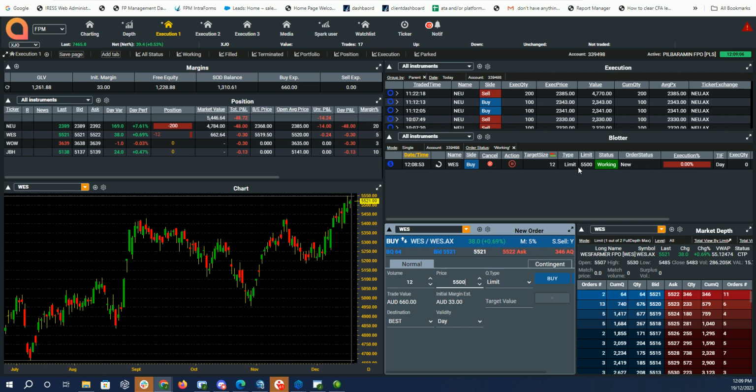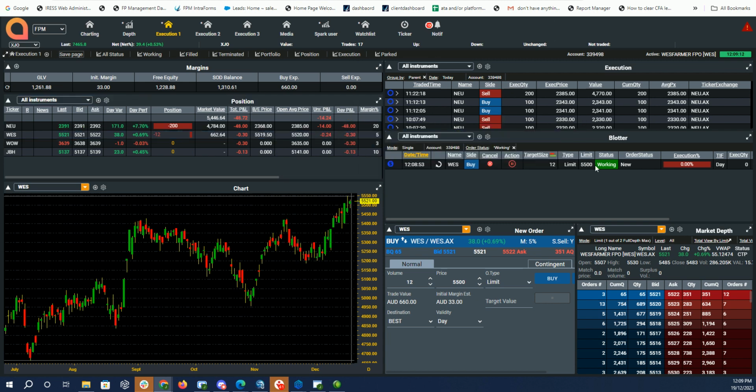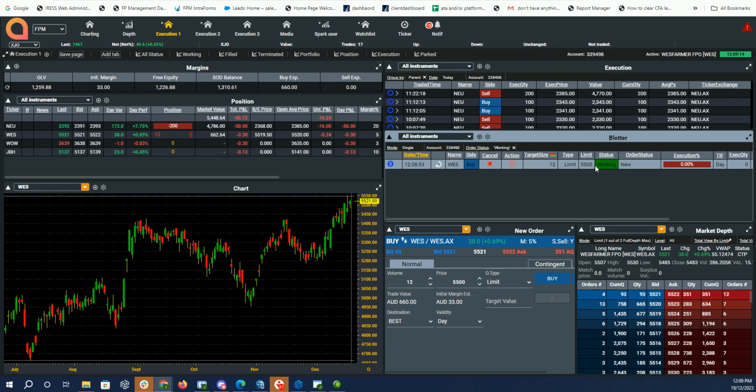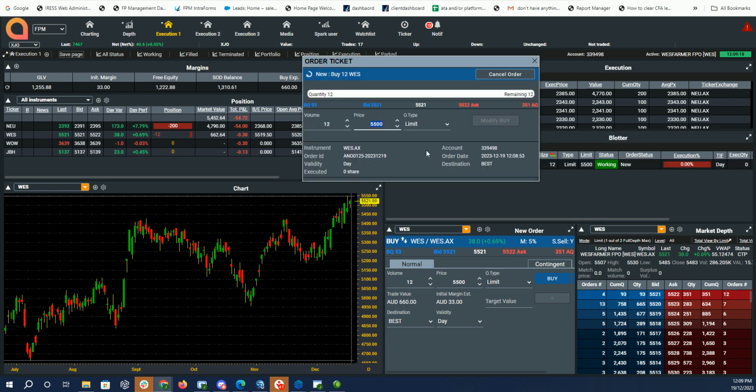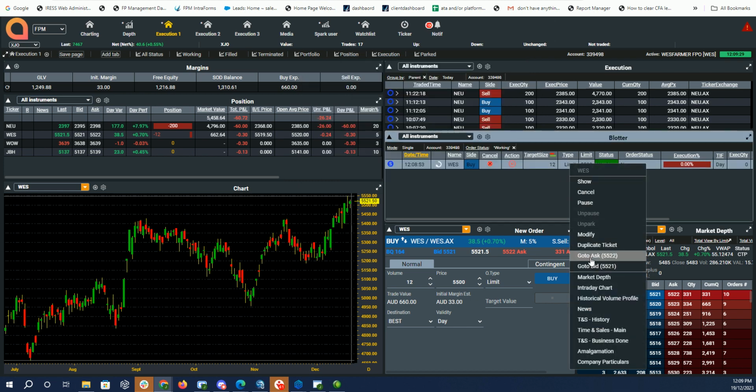and I'm thinking, okay, look, I just want to close this position. I can just manually close the position, and then I need to remember to come back and cancel my order that's sitting in the market. I can right click and amend this price up to 55.21, 55.22. That's a possible option. But what's much quicker, and much more efficient, is to use this